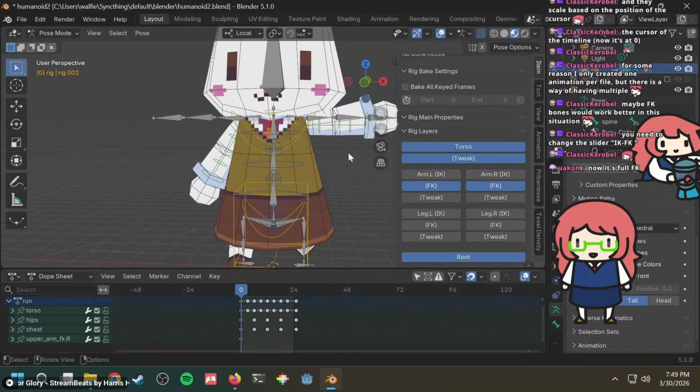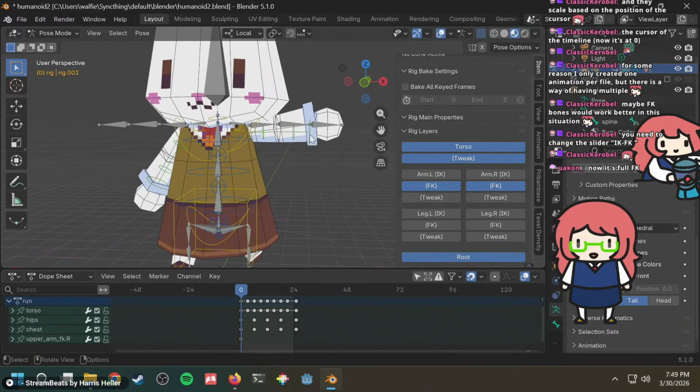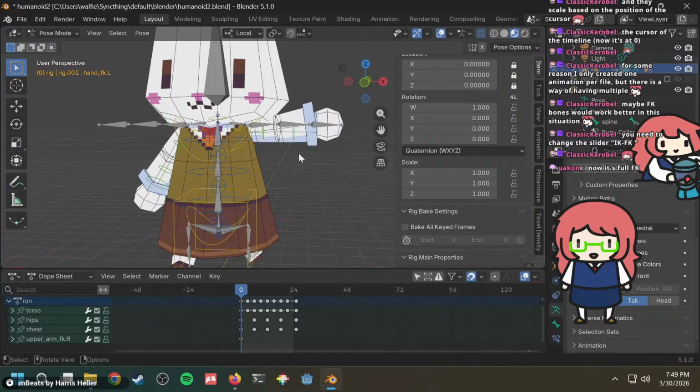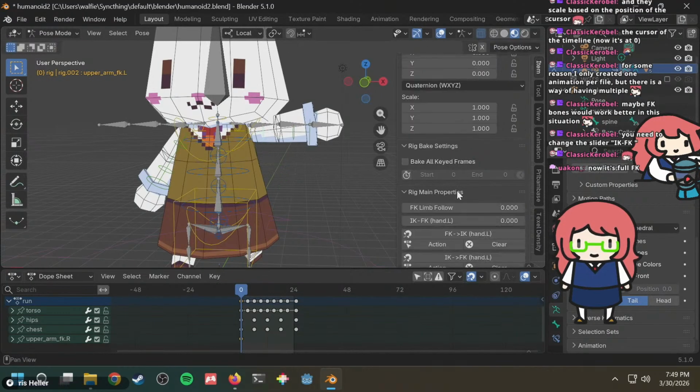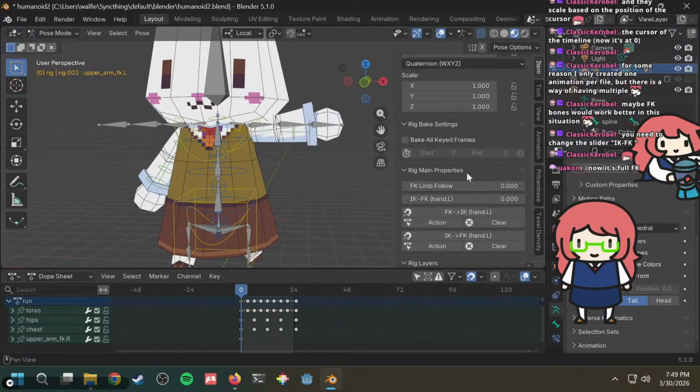Let's move this one as well. Oh, I need to also set this to be this. No. What do I do?